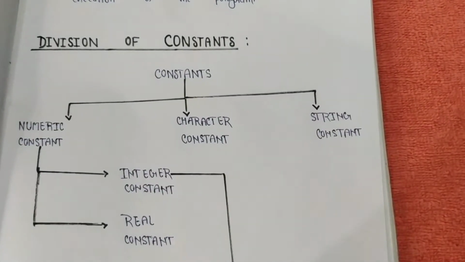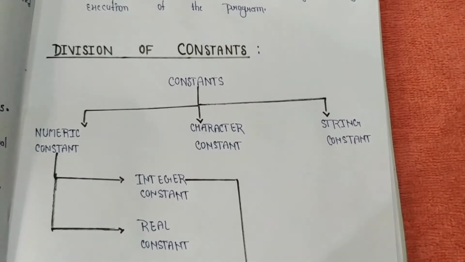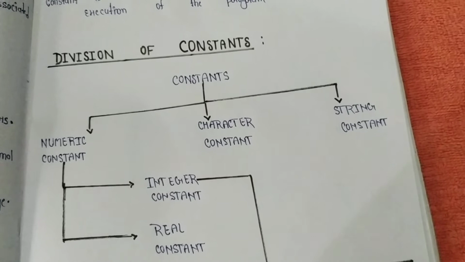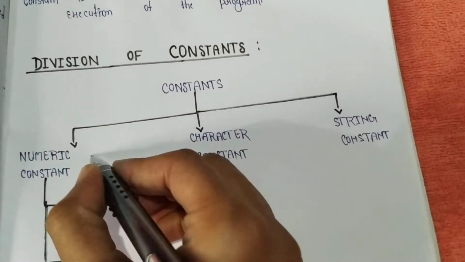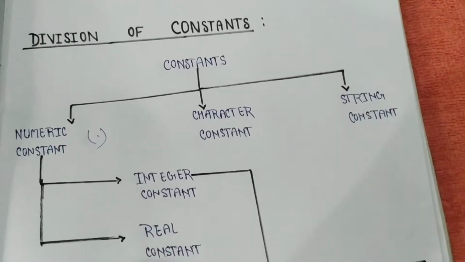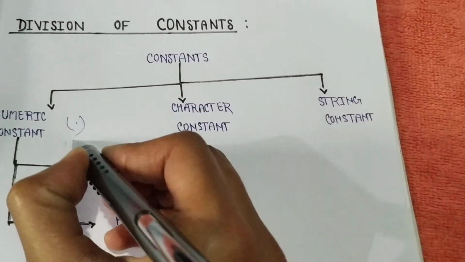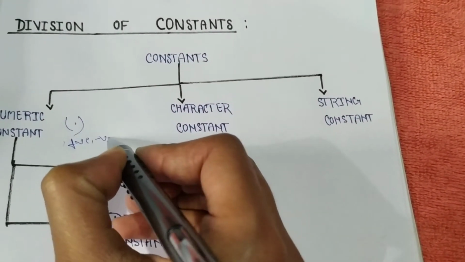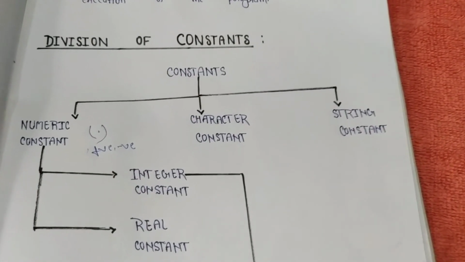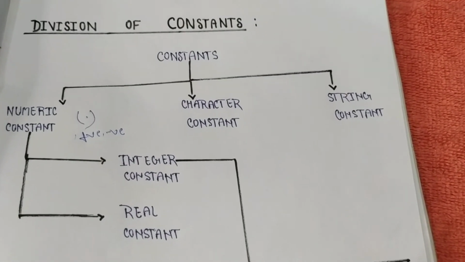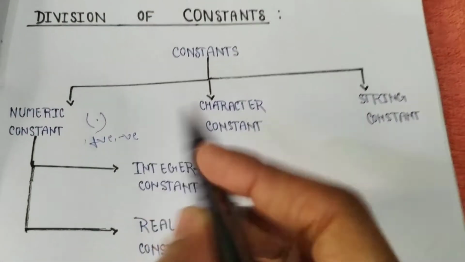Okay, now what is a numeric constant? A numeric constant consists of numeric digits. They may or may not have a decimal point. They can also be positive or negative, but remember that the default sign is always positive. And a numeric constant should have at least one digit.